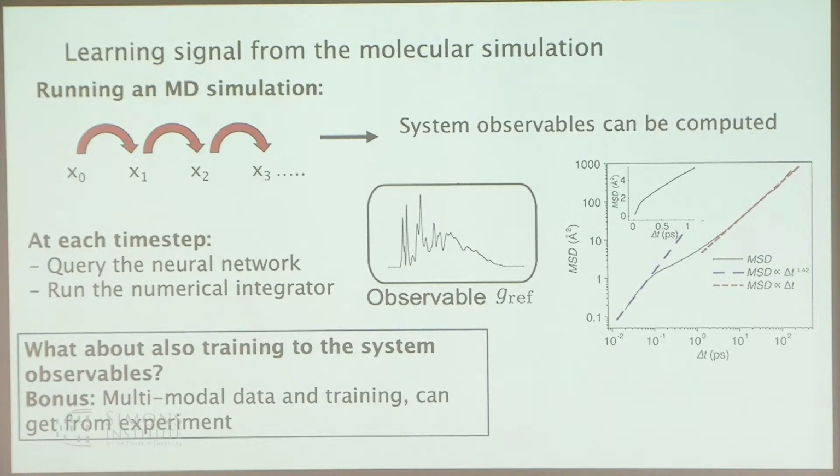So what about also training to those observables? This would more colloquially be considered a top-down setting, but the key idea here is that we're not throwing away all of the DFT data. We're still using that theory and simulation data. And the bonus of doing it in this style is that you get multimodal sources of information. You might get simulation data to train your potential, but for the system observables, you could in theory get them from an experiment, and you could try to bridge some of the gaps between these two areas.